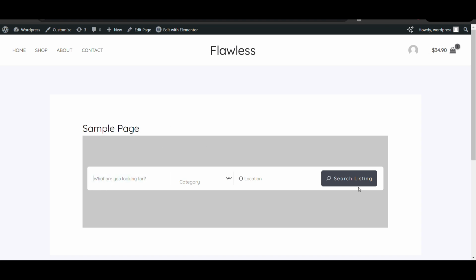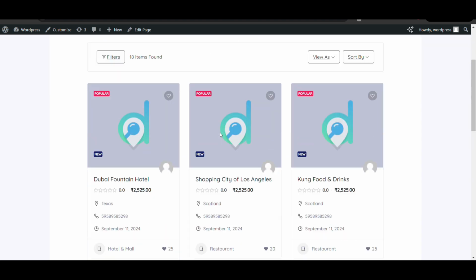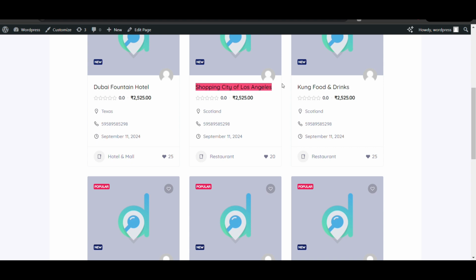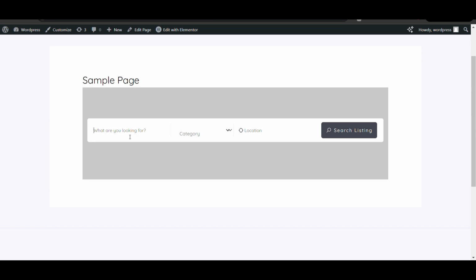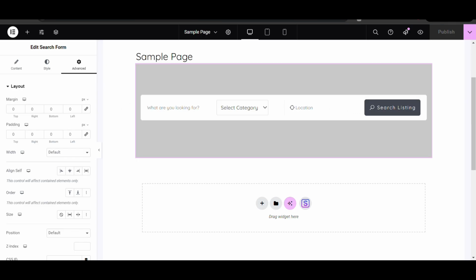I will search something. Here I can see all the search results. Now let's try to search shopping city of Los Angeles. Go back. Shopping city of Los Angeles. Search it. Here you can see, so you can add the search bar on any page.